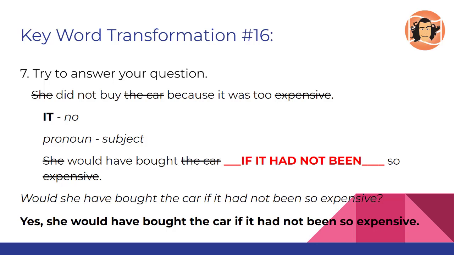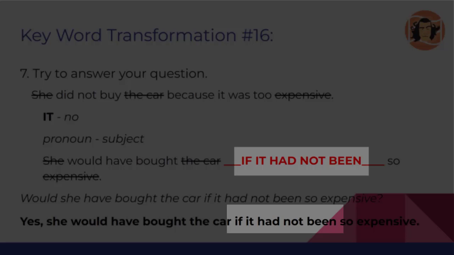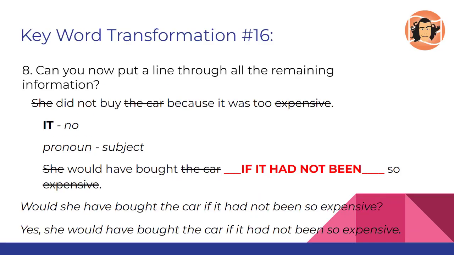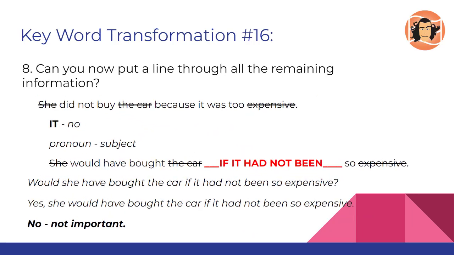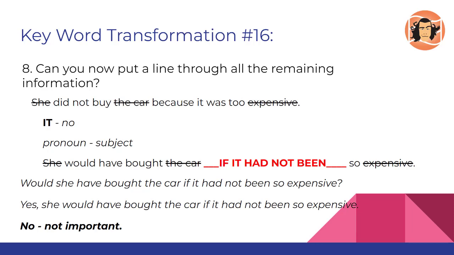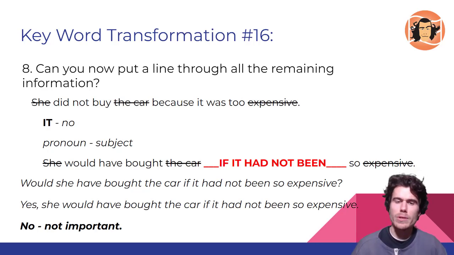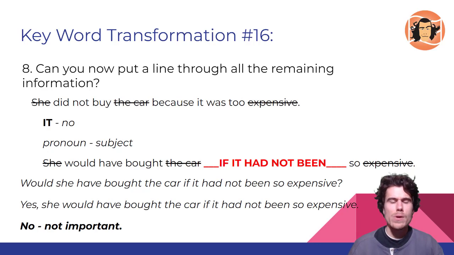And we can see that the words I'm using in my answer here, if it had not been, are the same as the words I'm using in the gap. And that's quite a positive sign. But let's move on to step number 8. Can we now put a line through all the remaining information in the example sentence if it's duplicated or it has a similar meaning in our sentence? So you can do this for your own sentences, and when you're ready, press play. So I've now put a line through nothing extra. But I don't think it's that important because the words are kind of similar anyway,